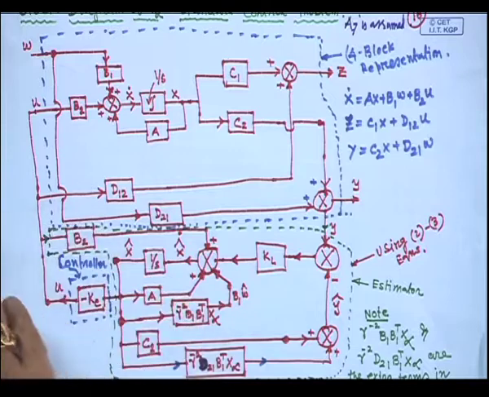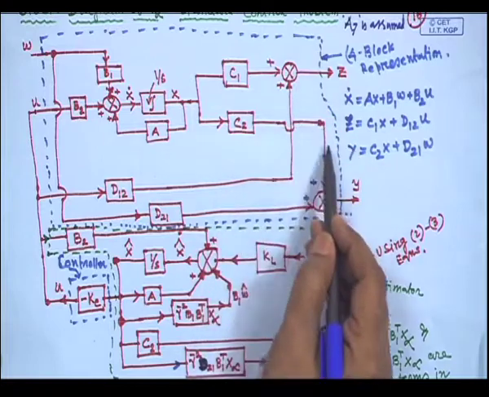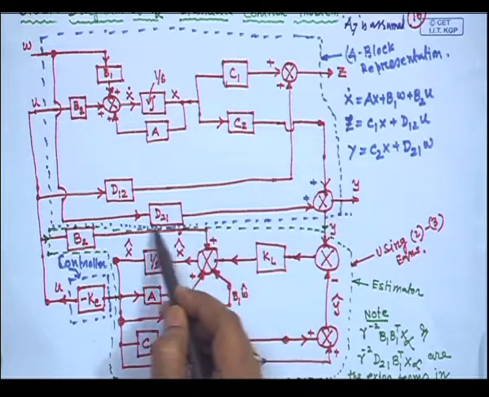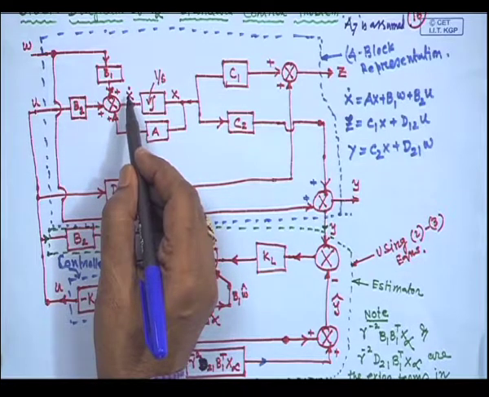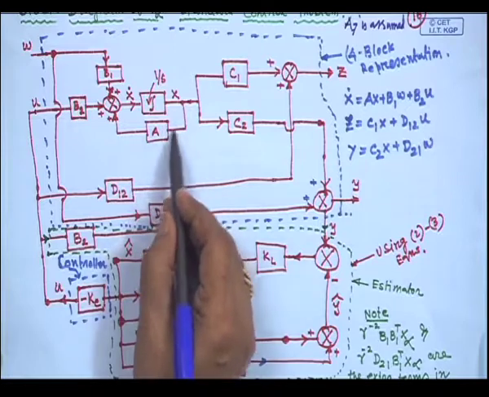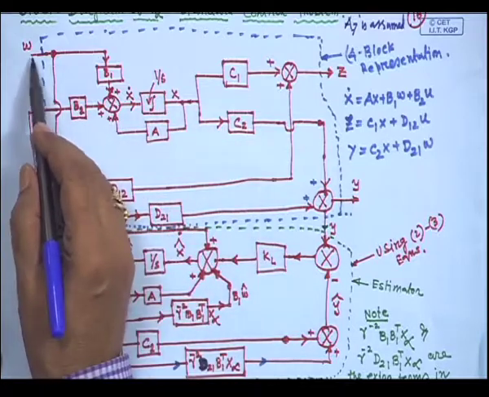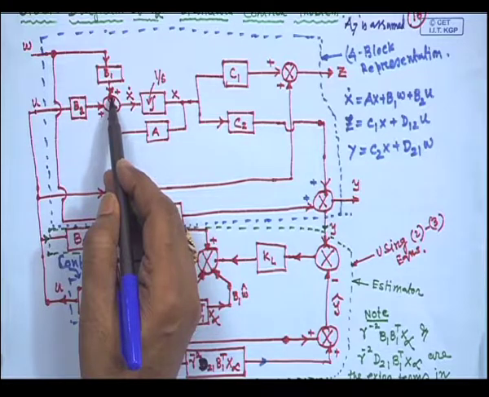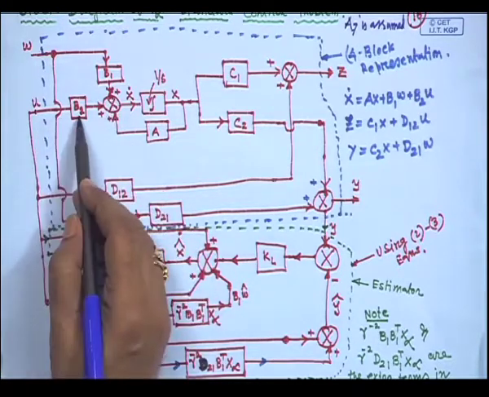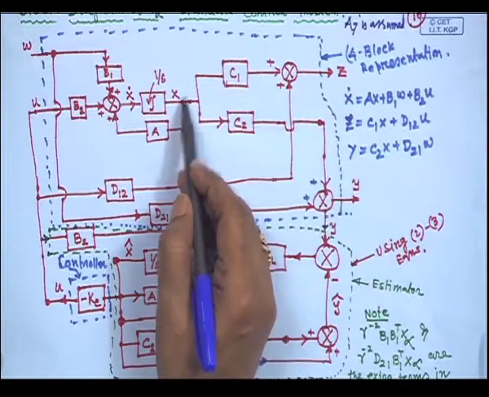So, first you see the plant, I have represented with a block, a dotted box. So, what is x dot? Look at the plant description, x dot is equal to Ax, so A into x plus B1 into W. This B1 W is the incoming signal, then B2 U. That is x dot, and our regulated output Z. Z is what? C1 x,